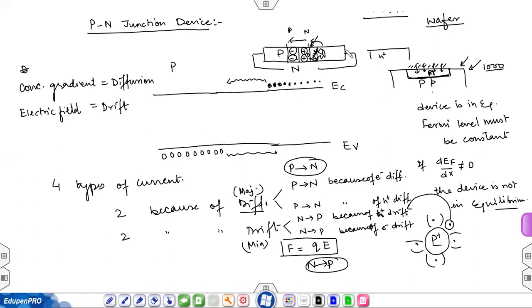Okay. Now, if you want to see this in the band diagram and understand it well, let me again explain one thing. Let's say this was your p-type semiconductor. Understand this very carefully. And let's say this was your n-type semiconductor, and let's say this has a doping of 10 to the power 16. So I have shown here the Fermi level. And let's say this p-type semiconductor also has 10 to the power 16 concentration.